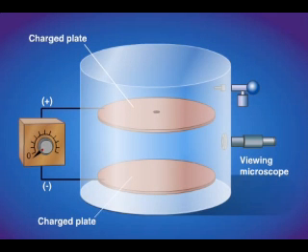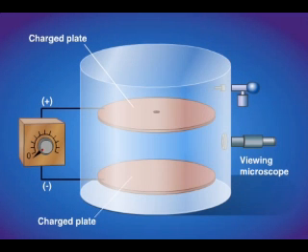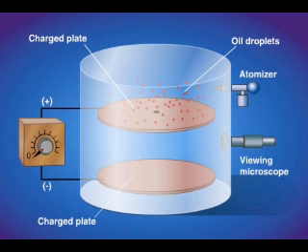In a series of experiments carried out between 1908 and 1917, R.A. Millikan succeeded in measuring the charge of the electron with great precision. In his experiment, a fine mist of oil was sprayed into the upper chamber with an atomizer. Some of the tiny oil droplets fell through the hole in the upper floor, and Millikan was able to determine